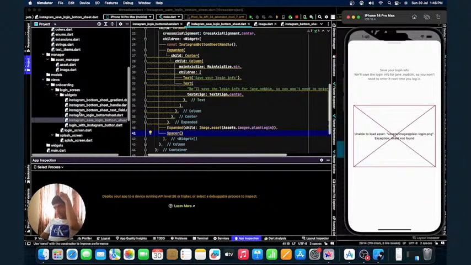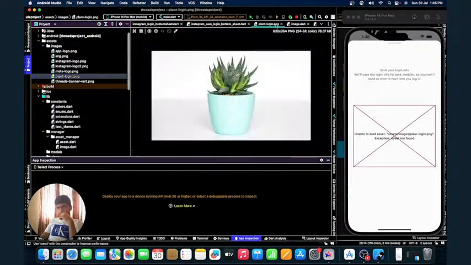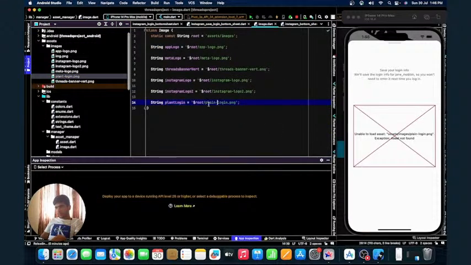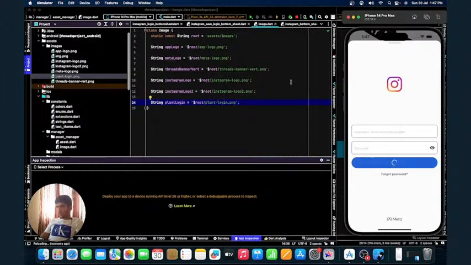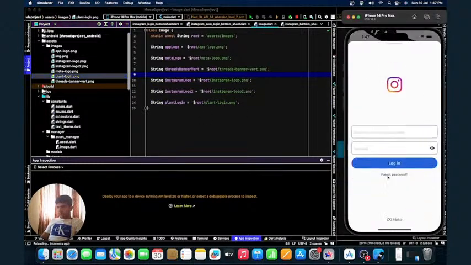It's unable to login. Asset not found, or else we are getting. So I have added inside the images folder as plant login.png file, right? And here I am calling as plant login. Okay. How about now? So do I have to hot restart or do a full restart? So plant login and